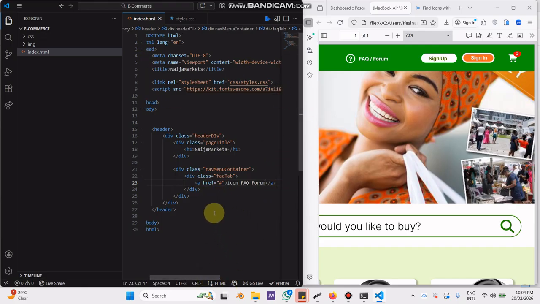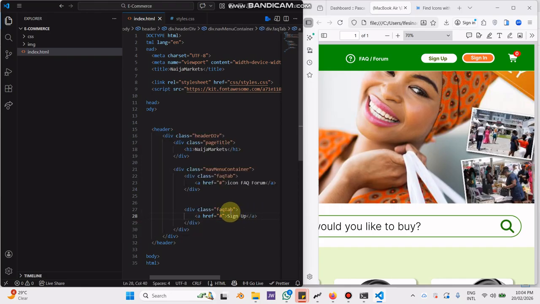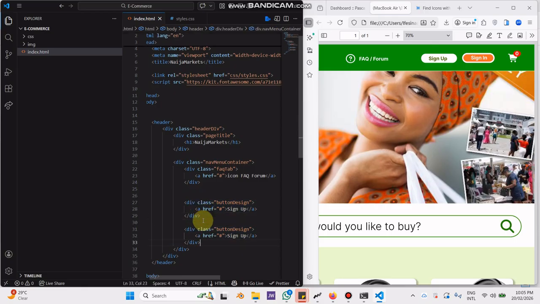So right now I'm going to the next one, which is the sign up button. So I will call it sign up, and this name is not going to be called this, so I can just call it the button design. After the sign up button we have another button design that will be for signing in,